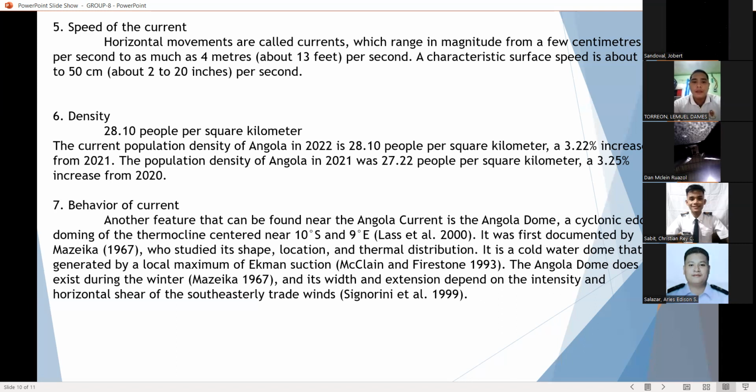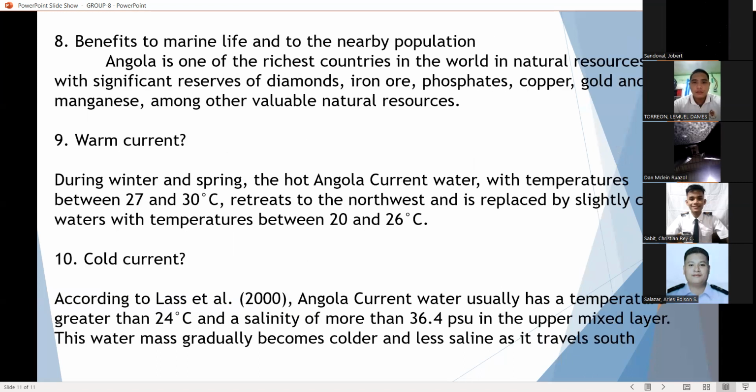The next is benefits to marine life and to the nearby population. Angola is one of the richest countries in the world in natural resources, with significant